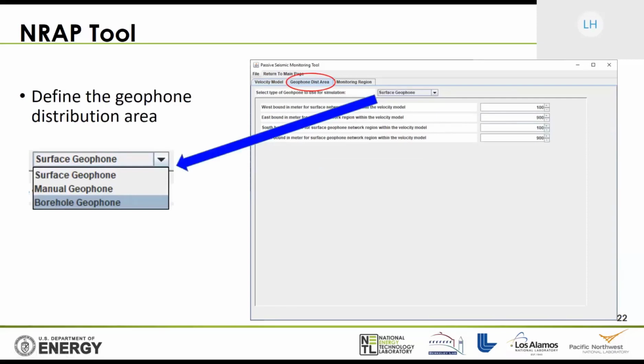So now the next step, you need to click this button and then define the geophone distribution area. The geophone distribution area basically has 3 options. One is a surface geophone, one is a borehole geophone, and another one is manual, which basically reads from a file. That can be, for example, a combination of borehole or geophone, or multiple boreholes, whatever you can define. So a simple approach, for example, the surface geophone,